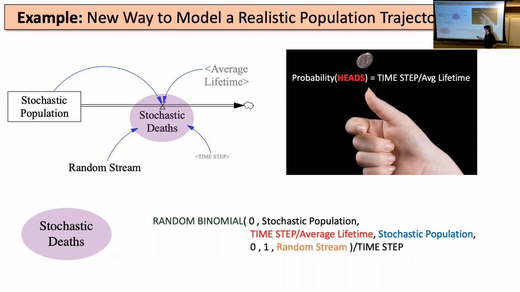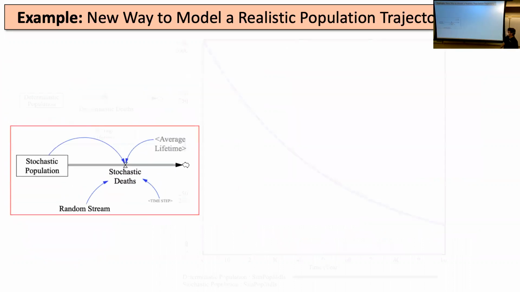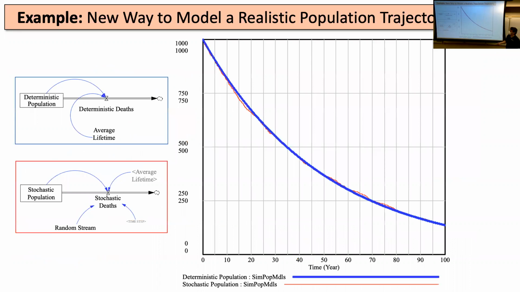And then some details of the implementation here, where the random stream is the only thing that we really care about here. There's 0 and 1, just ignore them because they're kind of for advanced use. If I do that and simulate, so I did this in Vensim, and I've got my deterministic formula, that's the blue line, the smooth line here. If I simulate instead this one, this is the red line, which I'll zoom in on here in a second, it follows close to the blue line. But if you look closely, you see the red line kind of comes off it.